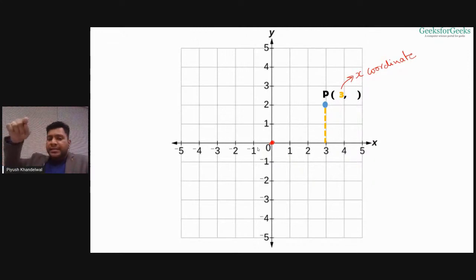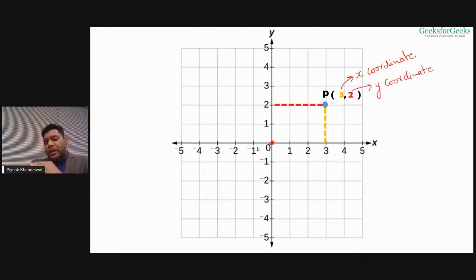Here you can see the straight line from P cuts the x-axis at 3. So the x coordinate becomes 3. Similarly, the straight line from P to the y-axis cuts it at 2. So the 2 becomes the y coordinate of this point P. So if I say point P has address 3, 2, it means I can identify where this point lies on